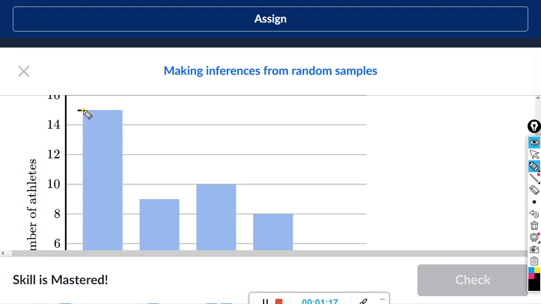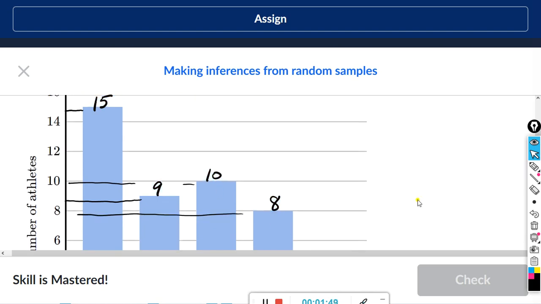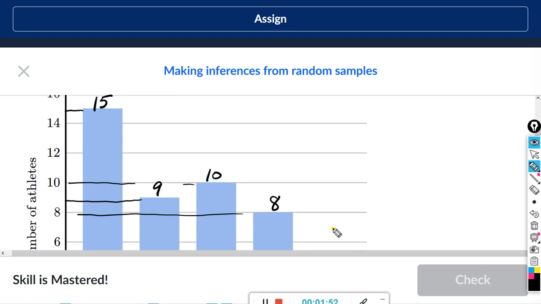Right here, the bar graph goes between 14 and 16. And right here, the bar goes between 8 and 10. And right here, it is clearly at 10. And this one is clearly at 8. And the other, if you go across, it's in between 4 and 2, so the other is at 3. But the one in the middle is hockey. All right. The other one is at 3. It's down here. Okay. So the percentage that like hockey